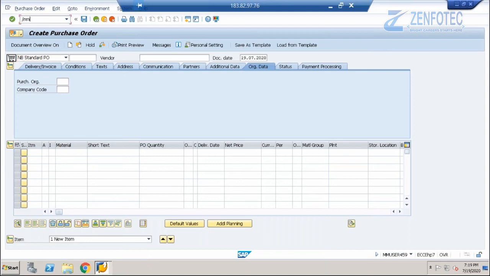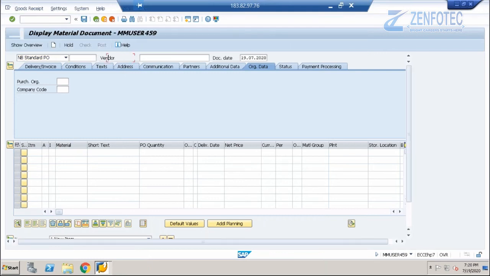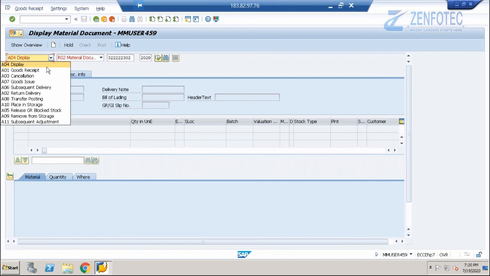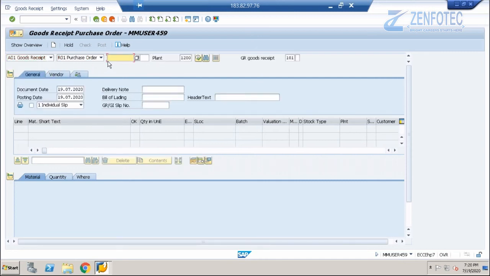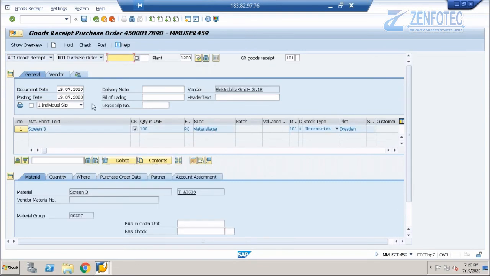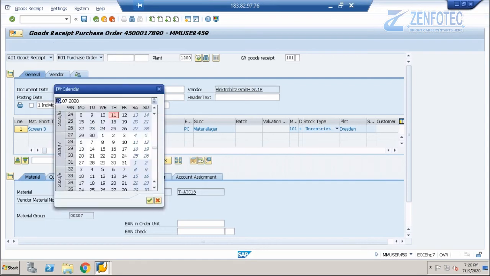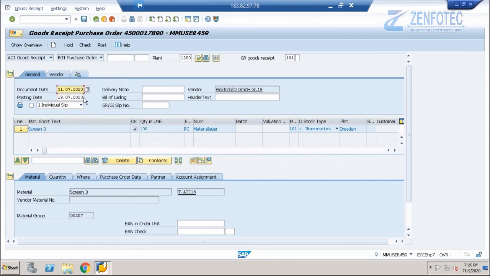So slash and we'll go. Again, we'll do the goods receipt. And we'll do the Control V. Again, we'll change the date. Now, this date I will put as 31st. So now it will be a 40% deviation.